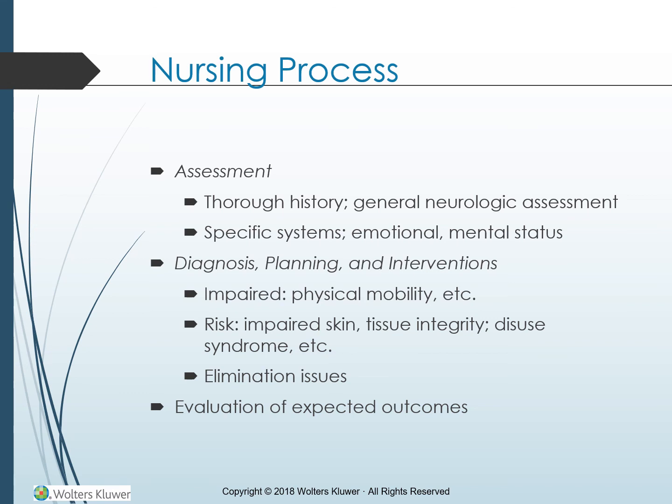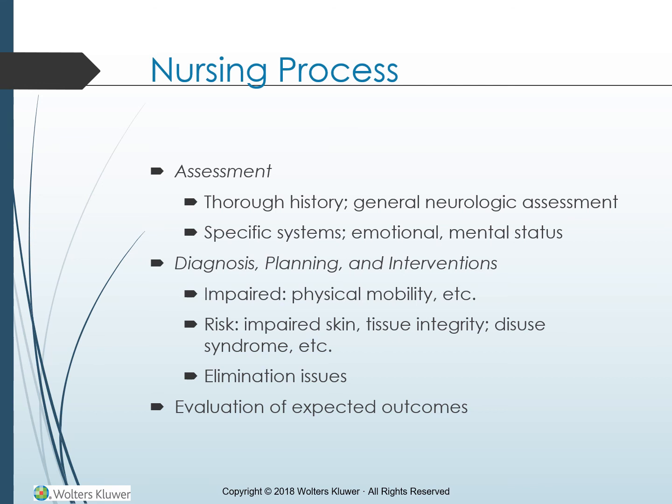Risk for impaired skin or tissue integrity is one. Disuse syndrome is another. Constipation or diarrhea related to prolonged immobility, tube feedings, decreased fluid intake, affective disease or injury on the spinal cord nerves. Total urinary incontinence or urinary retention, impaired physical mobility, risk for sexual dysfunction, risk for injury, risk for situational low self-esteem, risk for dysfunctional grieving, and